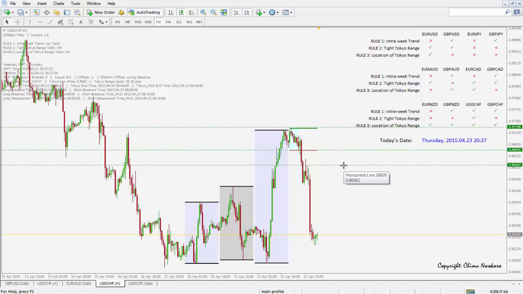So I entered with 0.5 lots, and when price moved 25 pips, I closed half and let the other half continue running,